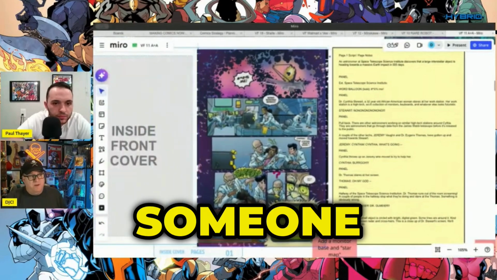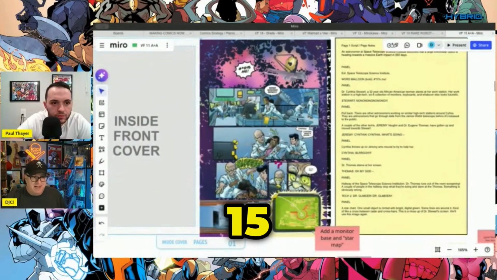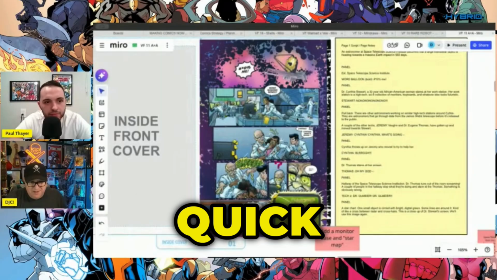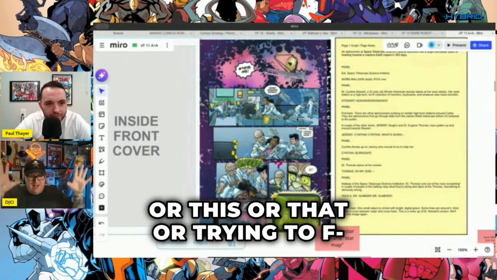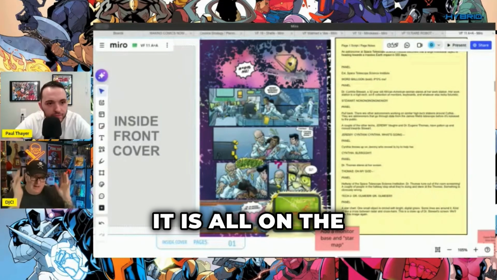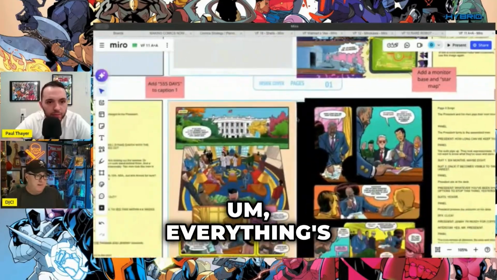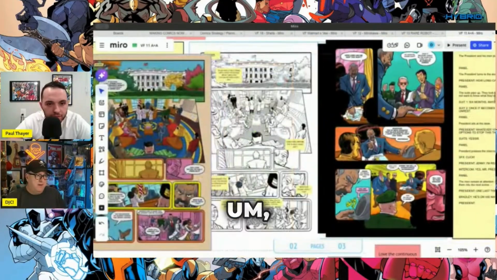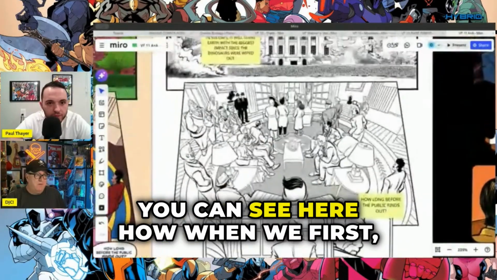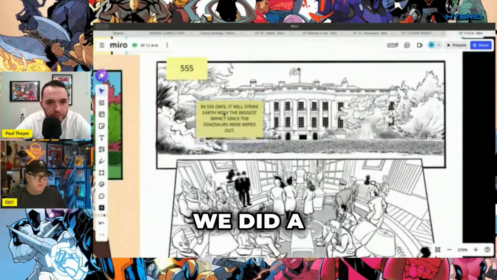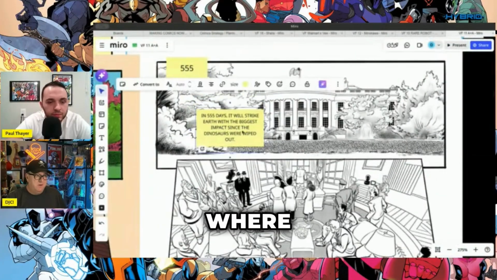That way, if we get someone like Gary who's very busy and he's got 15 minutes, we can do a really quick session without looking at Google Documents or trying to remember where that email was. Here it is all on the board. Everything's there on the board. This was the first time you could see here how when it wasn't lettered, we did a read through with Gary where Jim Rugg